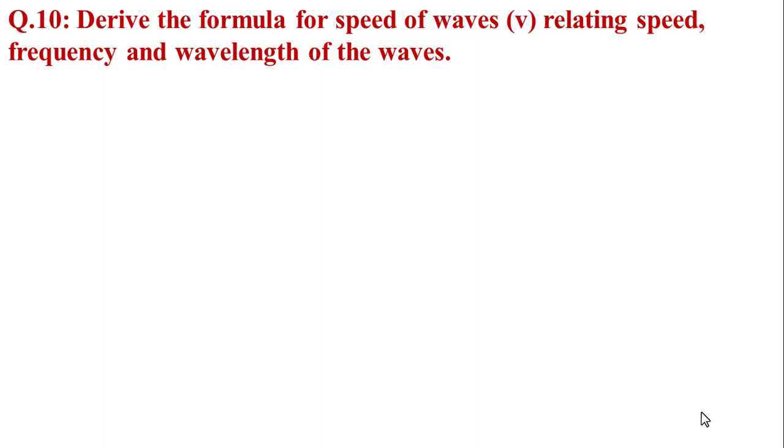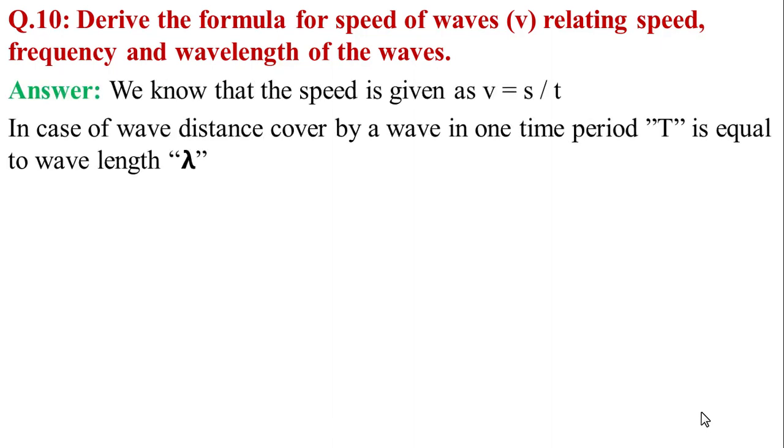In comprehensive questions, first of all, question 10: derive the formula for speed of wave V relating it with frequency and wavelength of the wave. In other words, this question can also be in the form of: write the wave equation, or another form of this question: write the relationship between speed of wave, wavelength and frequency. So the answer is the same. According to this question, we know that the speed is given by V is equal to